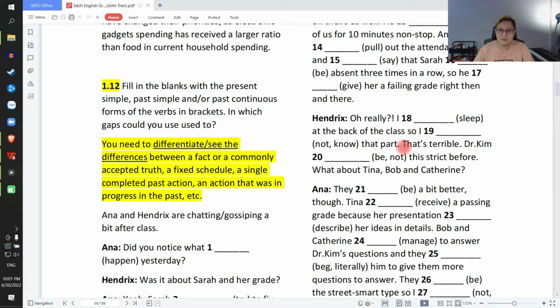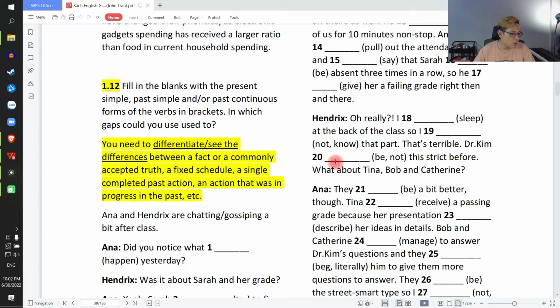Alright. That's terrible. Dr. Kim wasn't this strict before. So if you want to talk about a past situation that's no longer true, so you can use wasn't. However, 20 you can say didn't used to be this strict before. If you want to talk about a past habit,